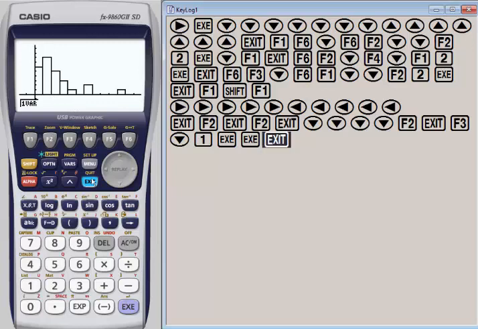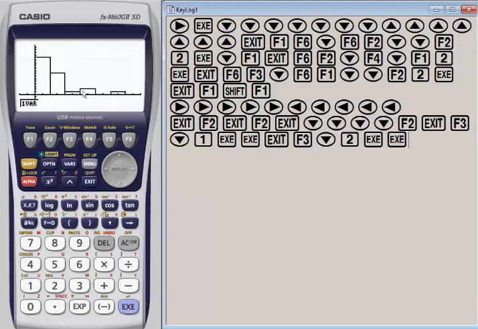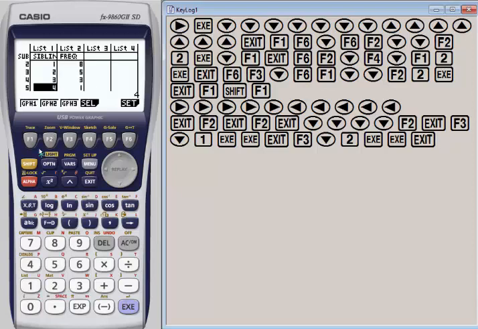You can actually hit exit, change the width, and have students play around with it. What happens if we do a 2? What's the difference in the graph if we make it 2? We have to hit execute twice. Now it looks different. This is a great exploration to have with students: does what you see change the way the data looks depending on how wide you make the bars? Sometimes graphs can be deceiving because of the way they're drawn. This is a great conversation and a great way for students to explore very quickly simply by changing some numbers. So let's hit back here to exit.